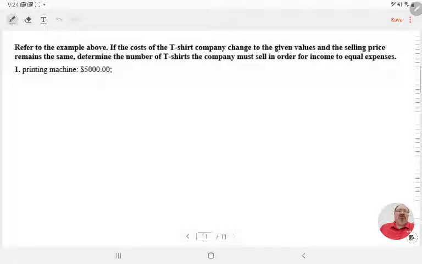So now refer to what we just talked about, that last example, and if the cost of the t-shirt company changes to the given values and the selling price remains the same, determine the number of t-shirts the company must sell in order for the income to equal expenses. So the only difference is the printing machine is going to be $5,000. So we're still going to have Y equals 15X because we're still selling them for the same amount. And then we're going to have Y equals the initial cost plus $5 a t-shirt because it still costs the same to make them. Okay? So we would have 5,000